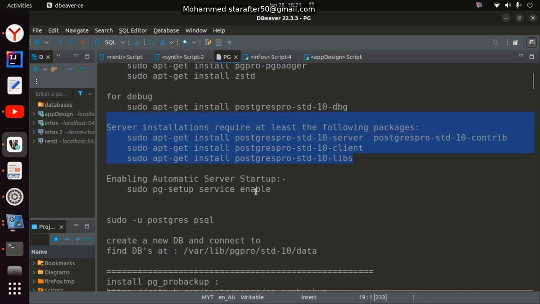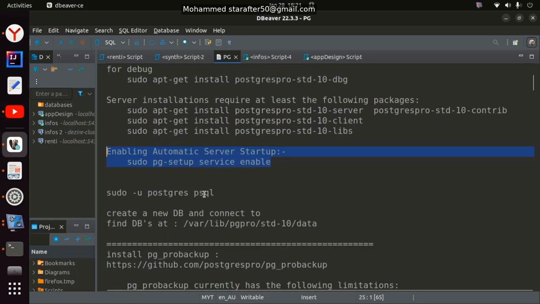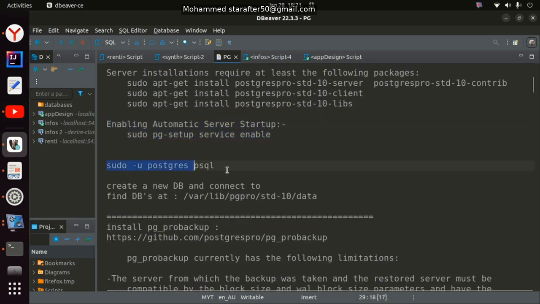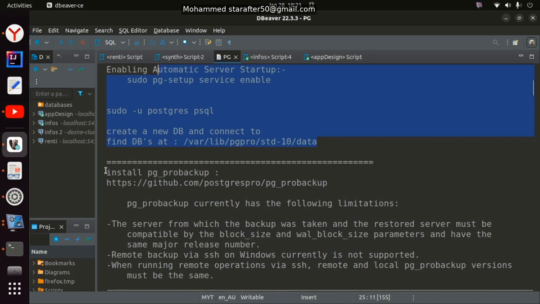Then some other settings if we wish for our server to start up, and then we can run our server and start creating our first database. So in this video we will talk about these steps, and from the next video we will start with the PG